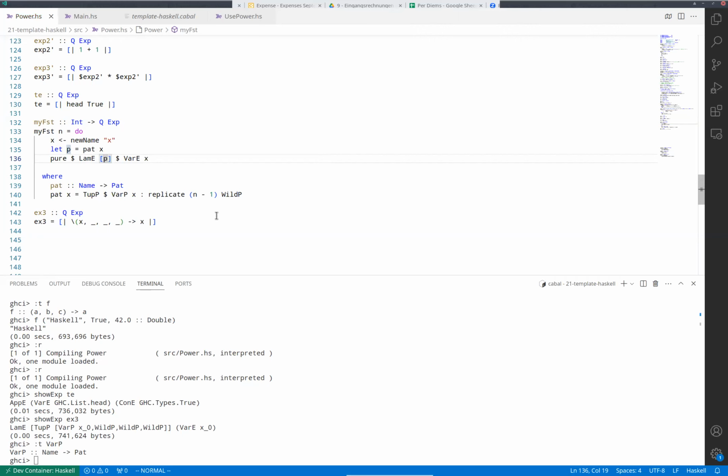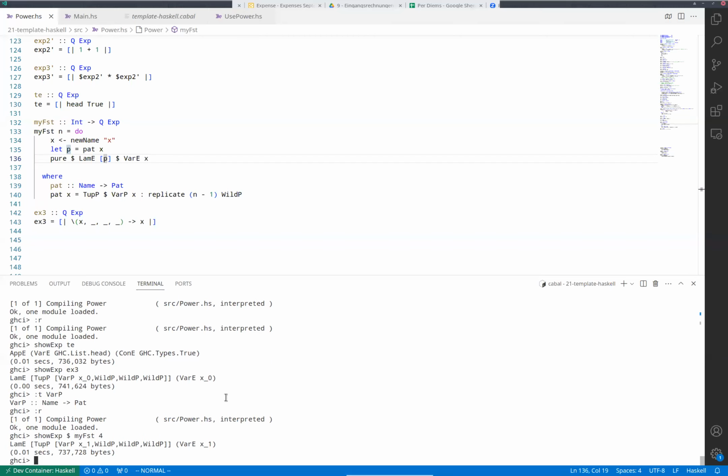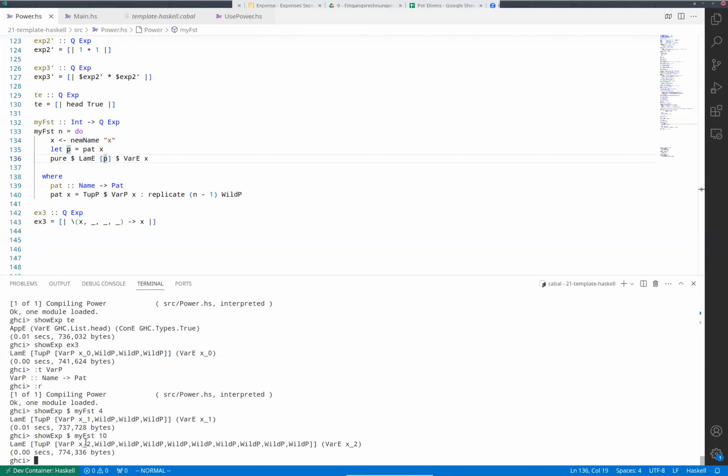So my first, and now I can do stuff like show x, my first 4. This is what I had. And now it picked the name x1 actually. I could also do now for 10 tuples and would get this. And now I could actually